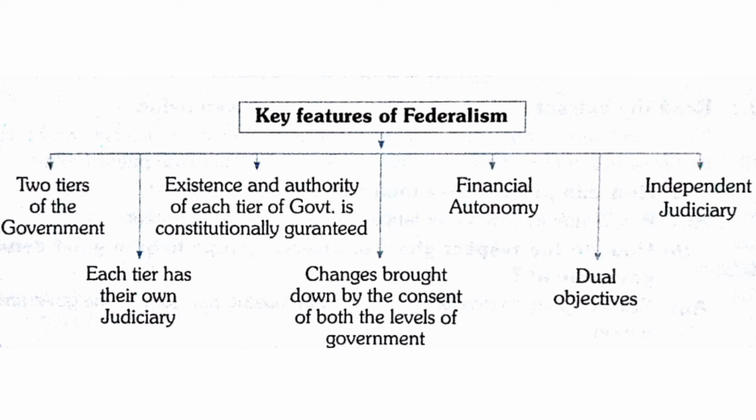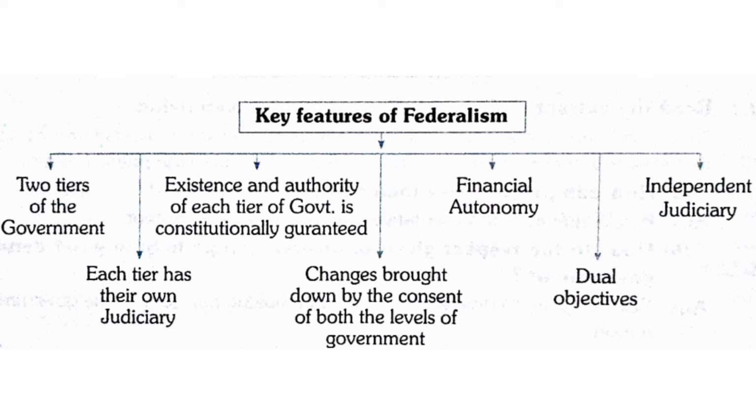Now our next feature is that the sources of revenue are already specified by the constitution, like the sources from where the state government can earn revenue, and the state government will have to generate revenue from those sources only. Likewise, the central government was also given certain specified areas for generating revenue. Besides this, they can't go beyond them.